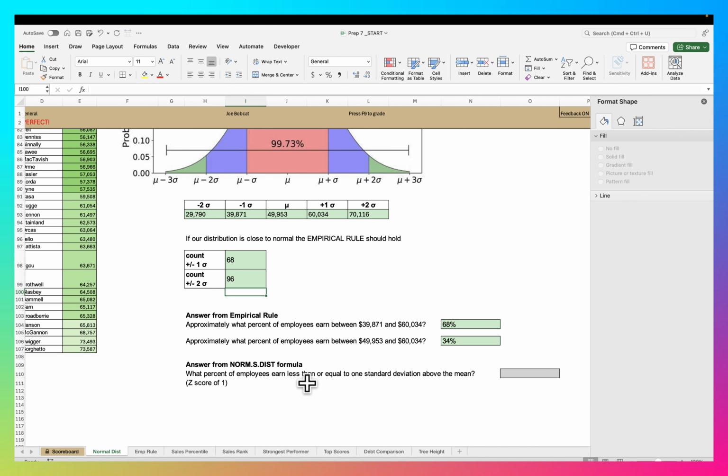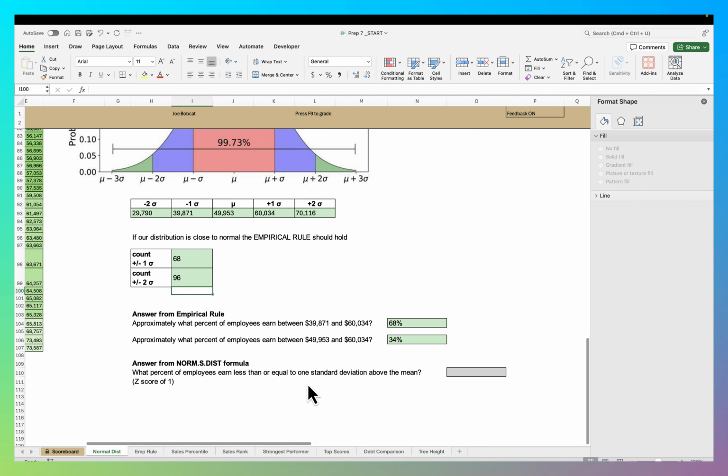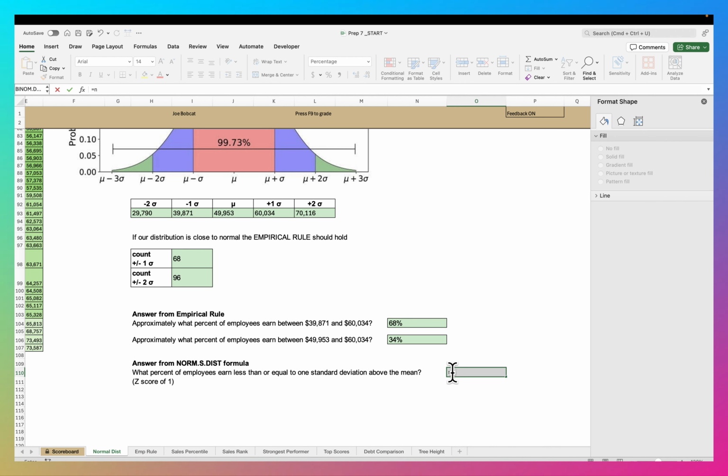And then finally down here, the last thing we have to do for points on this page, and what we will be doing for most of the rest of the course, is using the NORM.S.DIST function. This allows you to get a very precise calculation. So what percent of employees earn less than or equal to 1 standard deviation above the mean? So we say that equals